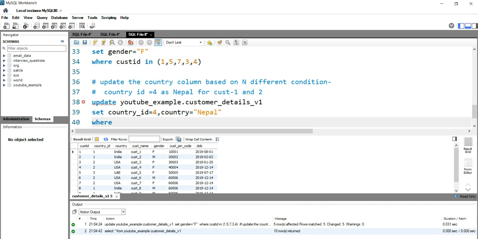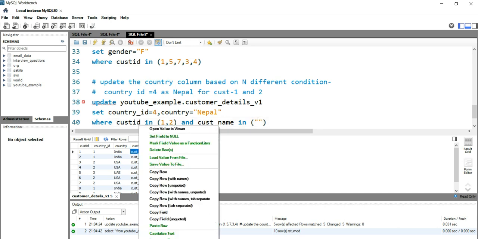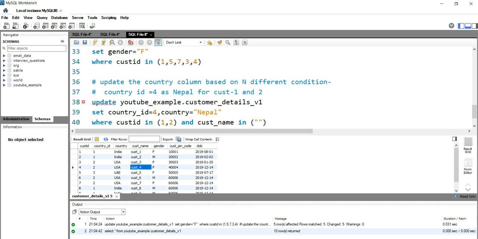So I'll put where cust ID in 1, 2 and cust name in, and when you are putting a variable name or a character, then you have to put it under the quotes.